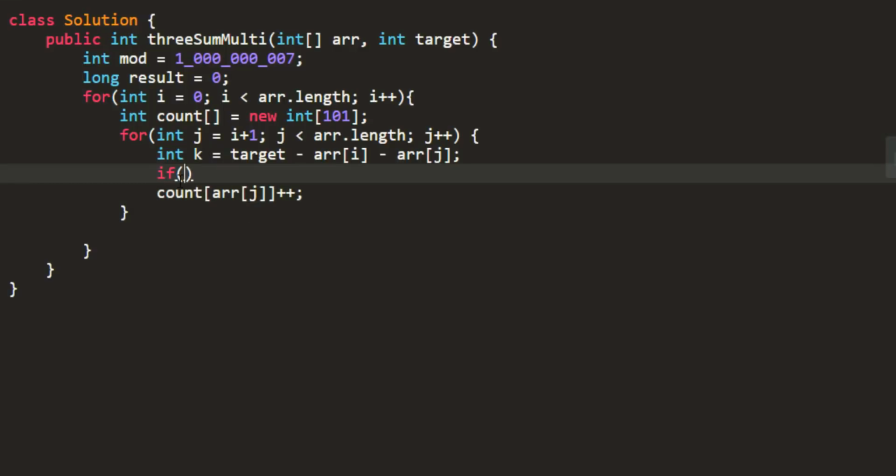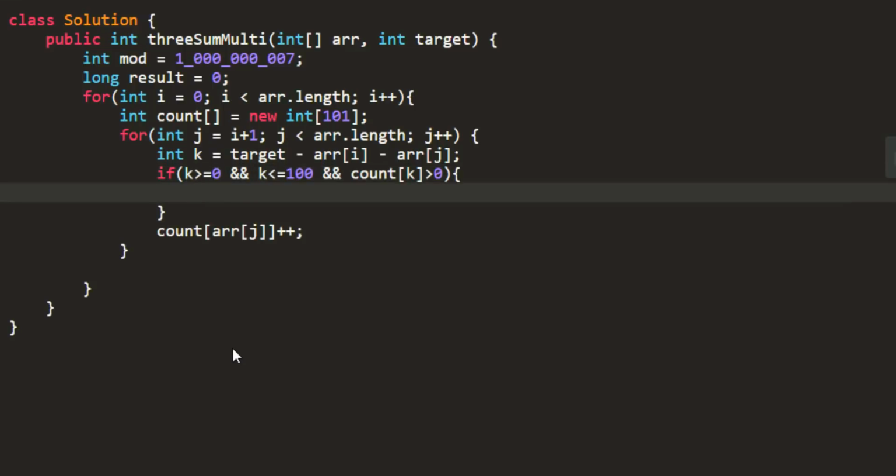In this for loop, I need to check whether I am getting that particular k value in my array or not. So I need to check whether my k is in bounds: whether k is greater than or equal to 0, k is less than or equal to 100, and the count of k is greater than 0. That means I have some value equal to this k value in my array.